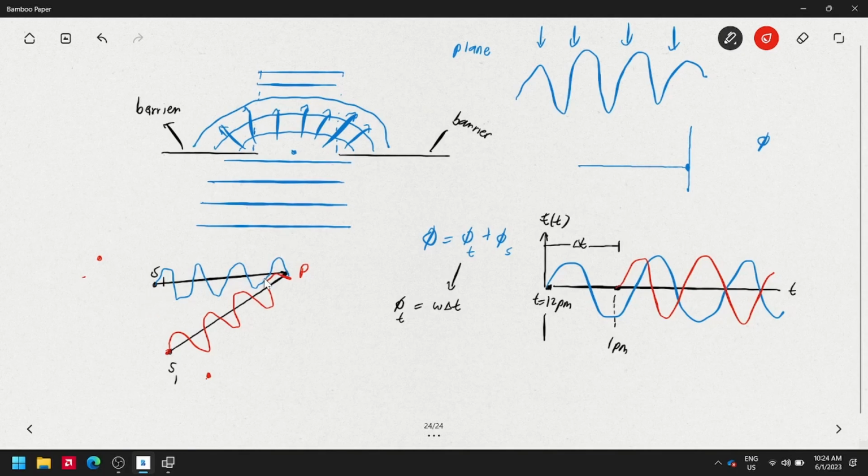So the situation here is not due to the timing difference, because both of us emit the laser light beam at the same time. At 12 p.m., me over here and my friend, which is S2, and my friends over here, we are emitting the light beam concurrently at the same time. But still, we have the phase difference as well, because the distance from here to here is not the same as the distance from my friends towards point P.